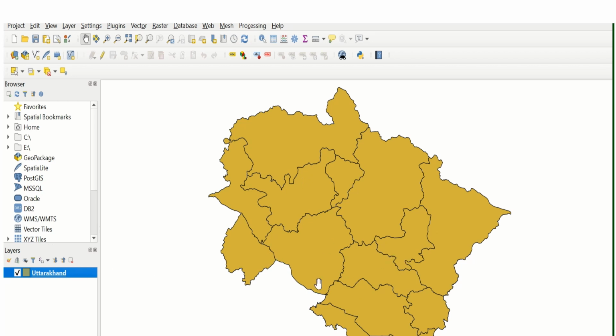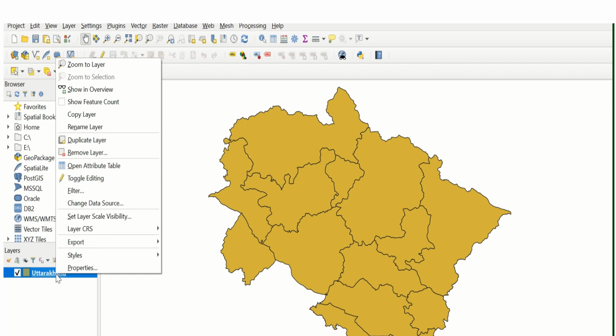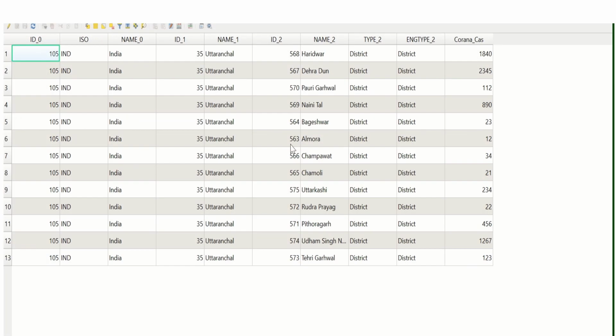So let us see what data this shape file has. To see that we have to right click on the Uttarakhand layer, then click on open attribute table.